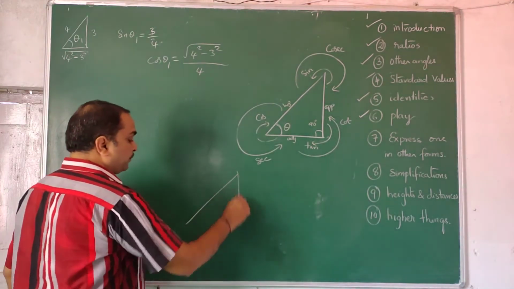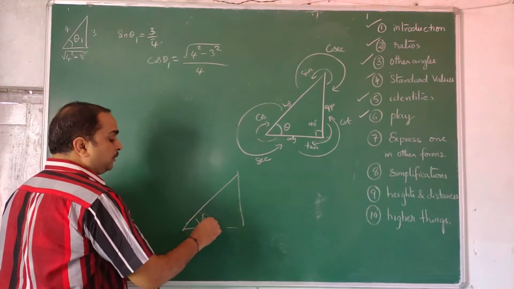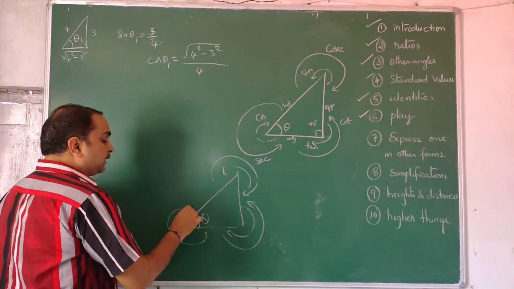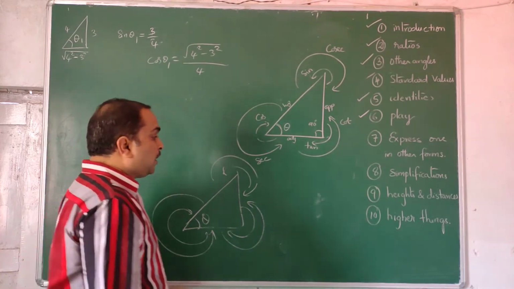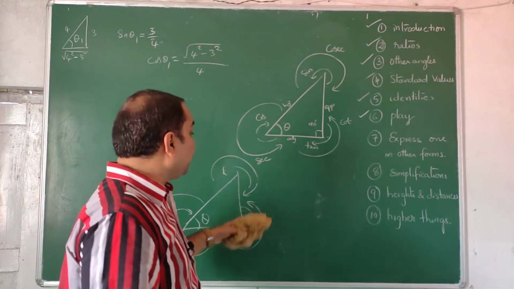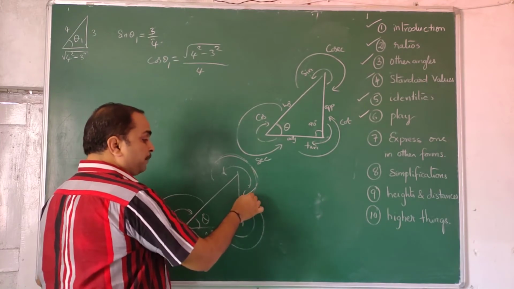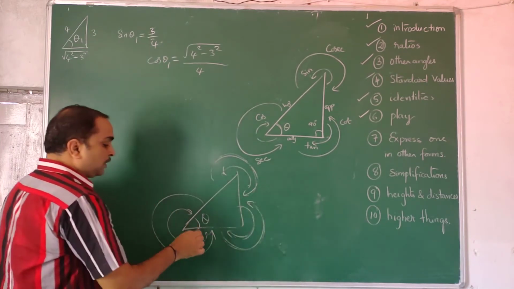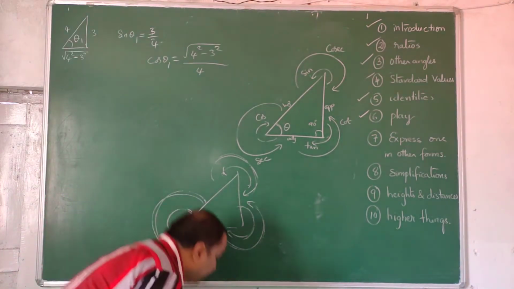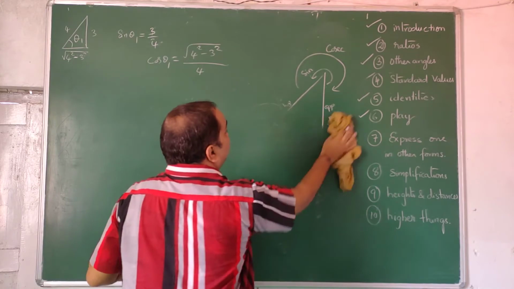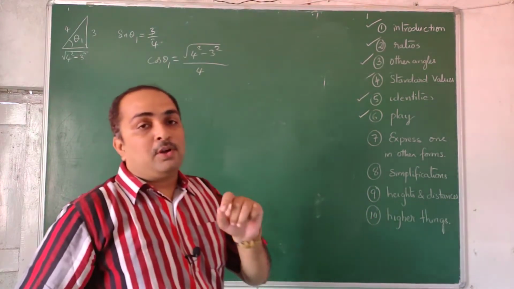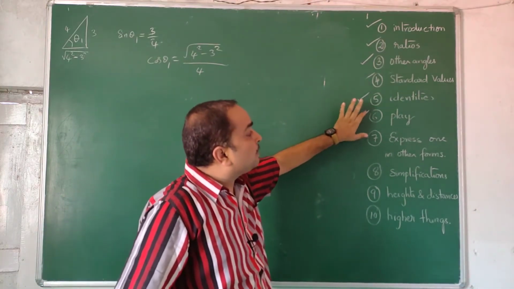So very quickly: triangle, theta, sin theta, cosec theta, tan theta, cot theta, cos theta, sec theta. I told you in the beginning to learn it in one order, sin, cos, tan, cot, secant, cosecant, but I am not using that. Sin, cosec, tan, cot, cos, secant. Why am I doing this? Unless you play like that, you don't get grip on the subject. Our intention is to get grip, and that can happen only when you take the play seriously.